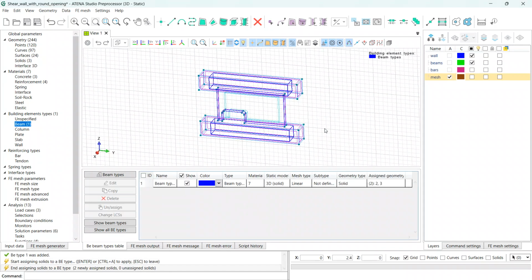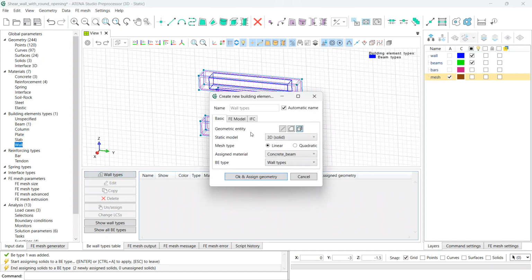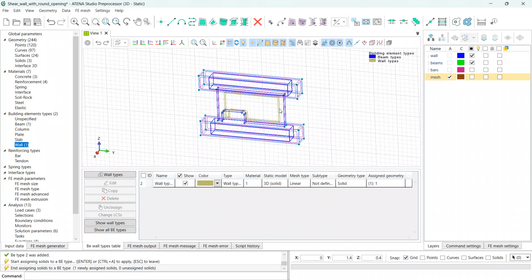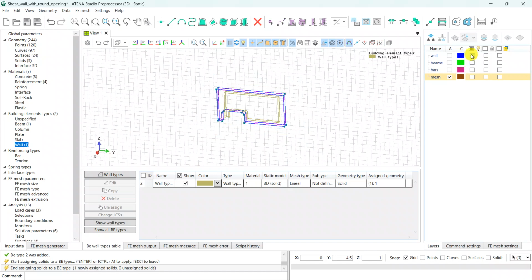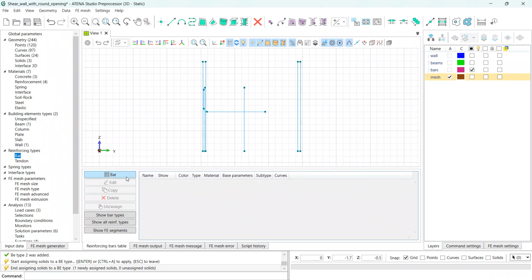We assign it to the geometry, then we go to the walls and assign the material of the wall. This is actually just preparation for the BIM system, and then we can switch off the concrete parts,